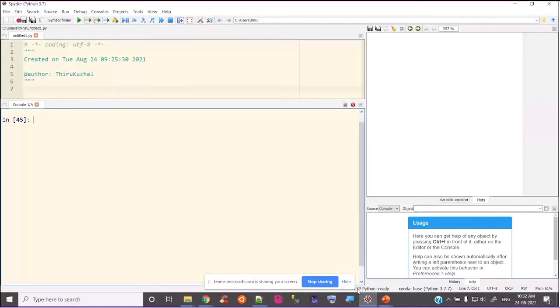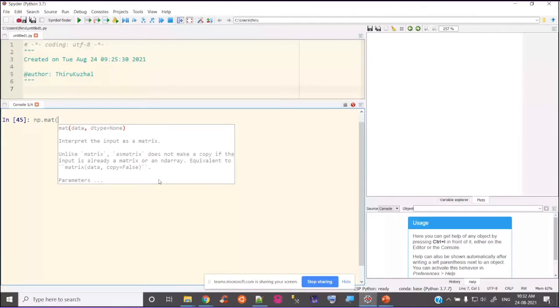NP dot matrix of, simply 1 comma 2 and 3 comma 4. So this is a matrix, NP dot matrix.